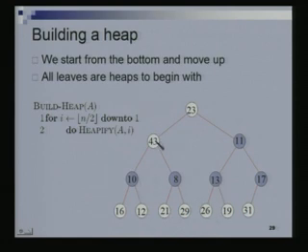Now, I need to run a heapify operation on this node to make this entire thing a heap. This is already a heap, this is already a heap. I need to make this entire thing a heap. So, once again it will take the smaller of these two, which is 8 in this case, and swap it with 43. And now this is not a heap because the heap property is violated here. So, I need to now run a heapify on this one, or actually we are just part of the larger heapify. We took the smaller of the 2 children, swapped. Now, we come to this node. If the heap property is violated here, which it is, I will take the smaller of the 2 children and swap it with 43. So, 21 and 43 get swapped.